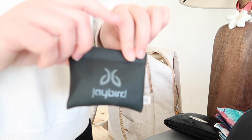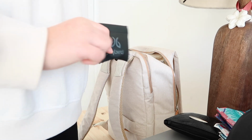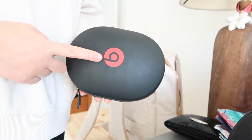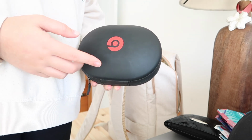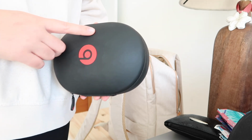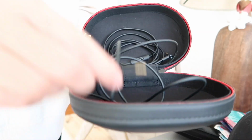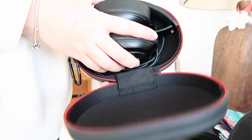My noise canceling Jaybird earphones, the Bluetooth ones, I like to take those in here. I am also going to be traveling with my Beats. I know that for some people this might be overkill, but for me, I can't have earbuds in my ears for 12 hours plus, so having over-ear headphones to alternate with those ones is really important for me. But I always pack their wire with the aux endings so that I can plug it in and watch the in-flight entertainment, because you can't connect to that via